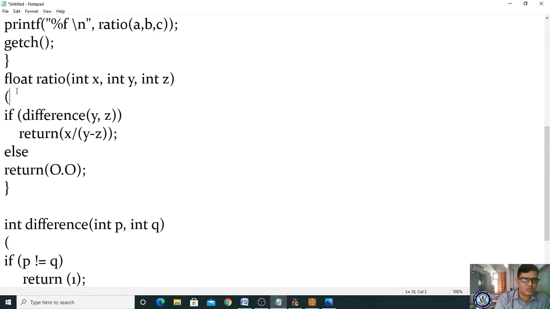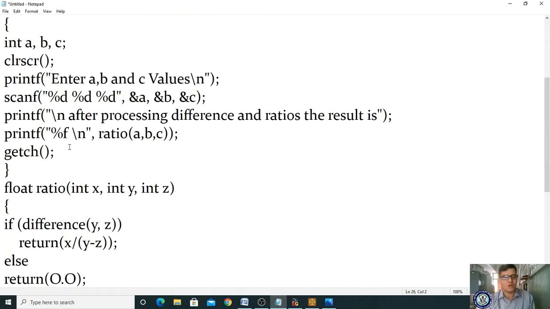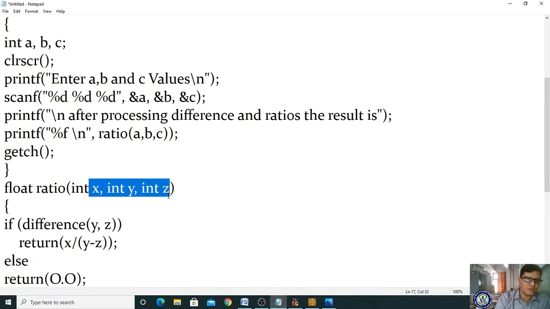Here also some mistake is there. Please observe, this is the open curly brace, here the curly brace has a mistake. Now whatever the a, b, c values exist, this is the actual parameter. This actual parameter will be copied to the formal parameter, and after copying that, please observe here once again what you are doing.